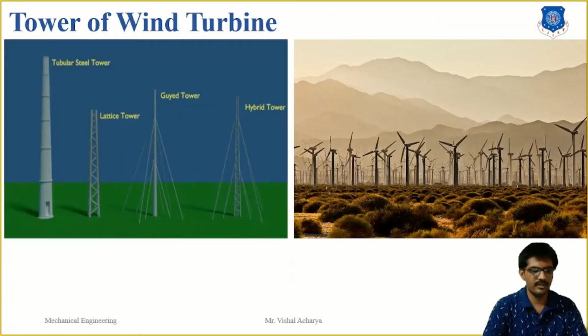Tower of wind turbine. The tower is a very critical part of the wind turbine. It supports all the other parts. It not only supports the turbine but raises the turbine to a sufficient height so that the blade tips are at a safe height during rotation. Not only that, we have to maintain the height of the tower so that it can give sufficiently strong wind. The height of the tower ultimately depends on the power capacity of the wind turbine.